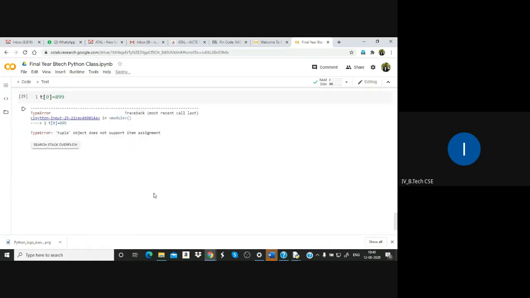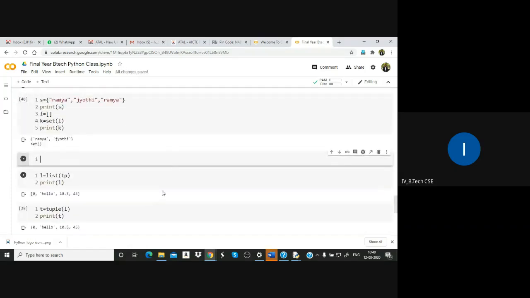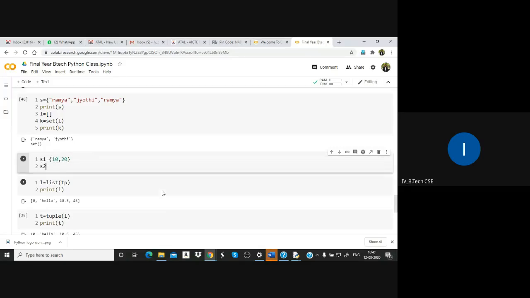If two sets are there, S1 is equal to 10, 20, that is set 1. Now S2, set 2, is 30, 40. Now these two sets are there.